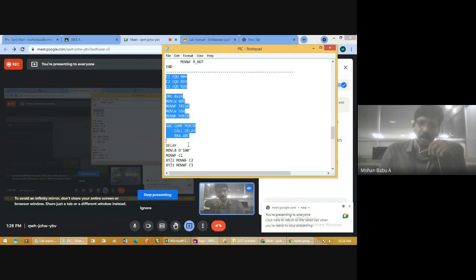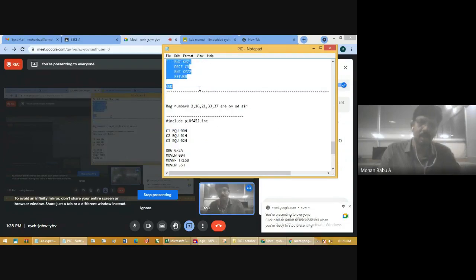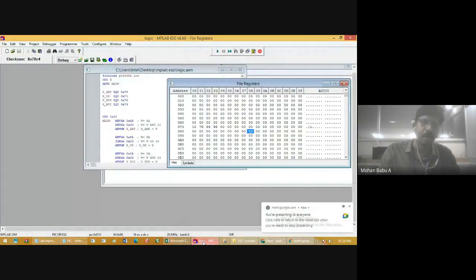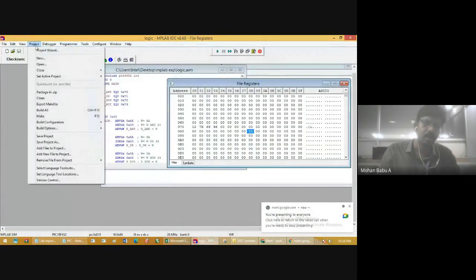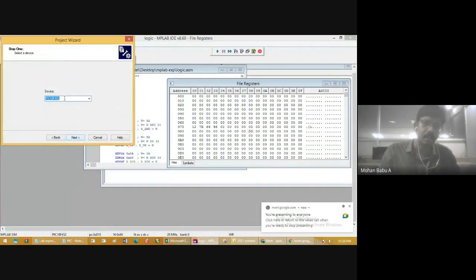I just copy the code and follow the same steps I explained previously. Copy the program for the call instruction, go to MPLab, choose the project wizard and click next. Make sure that the device is PIC 18F452, then click next.